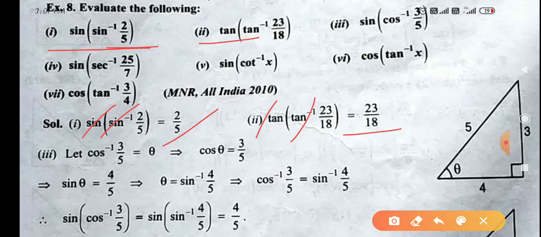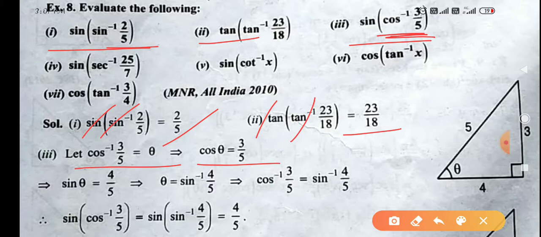But in the third part you can see sine cos inverse 3 upon 5. To apply the self-adjusting property, sine inverse should be there, but it is not sine inverse, cos inverse is there. So first of all you take this inside part as theta. Cos inverse 3 upon 5 equals theta. So cos theta equals 3 upon 5. Then